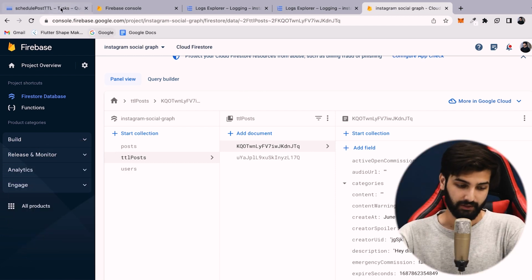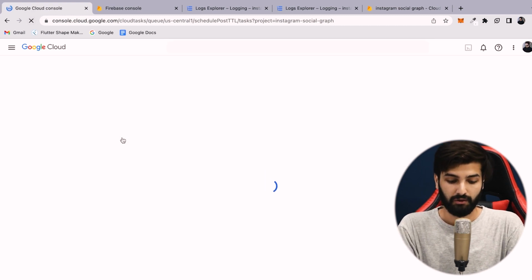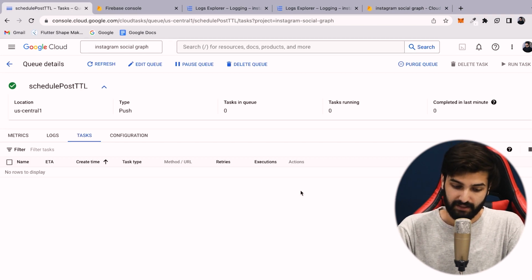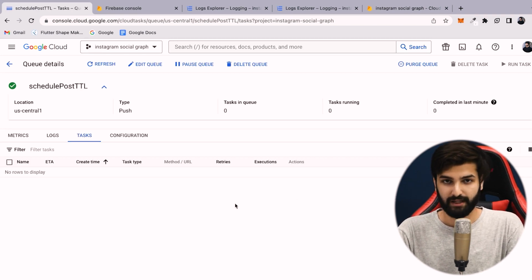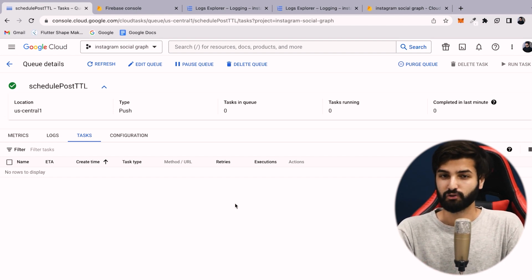Also go to the schedule post TTL queue and reload this, and there will be no more task in here, and we will see nothing in here. The task is dispatched, the post is deleted, and that was all for scheduling the post in TTL in the future, 2 minutes. And yes, again, you can schedule a post at your desired time